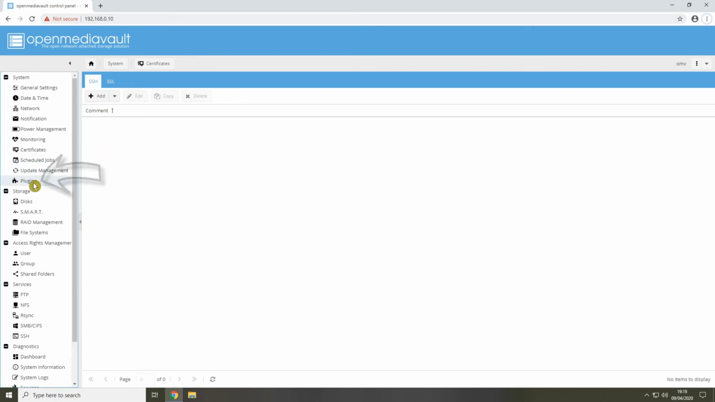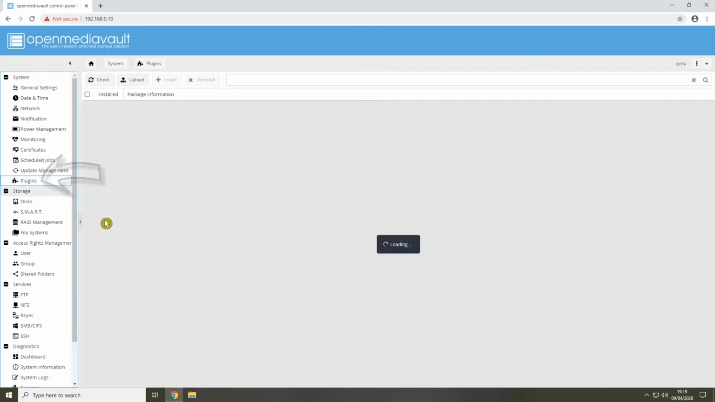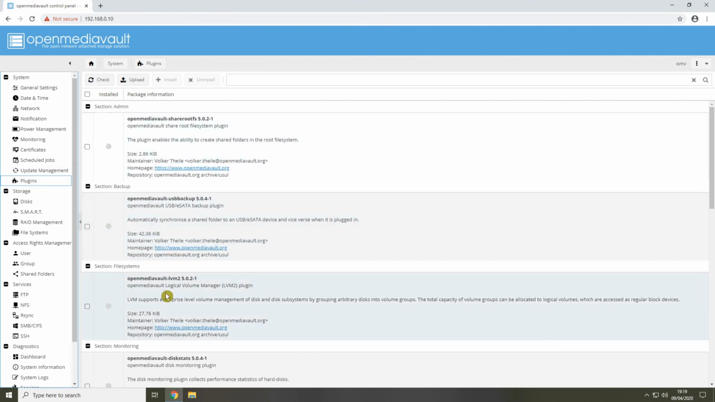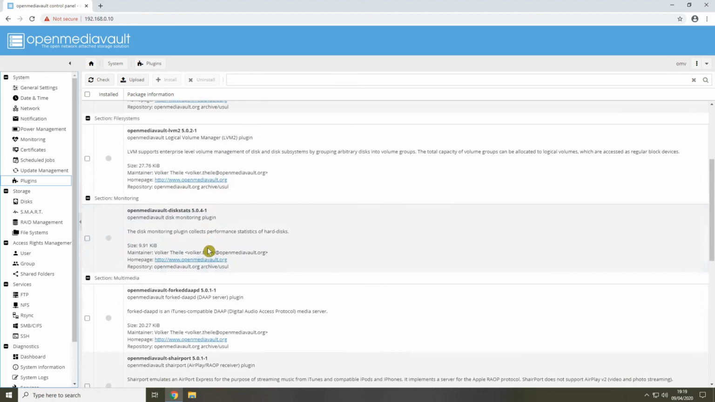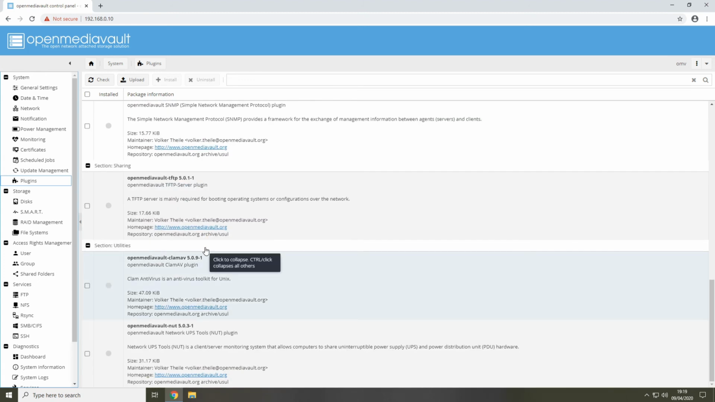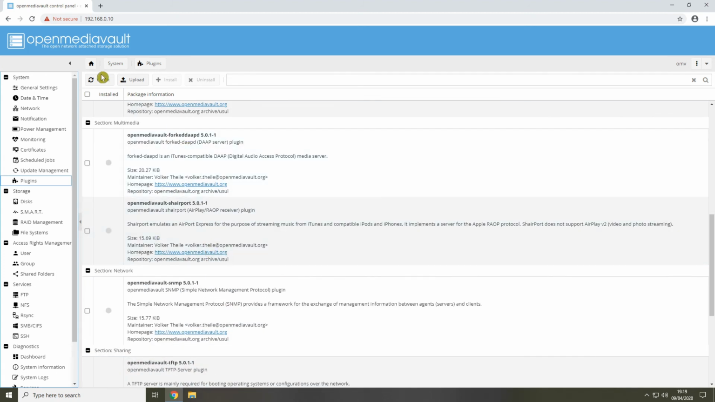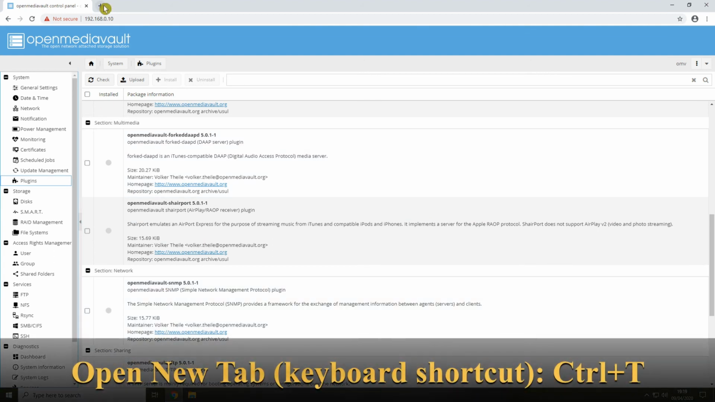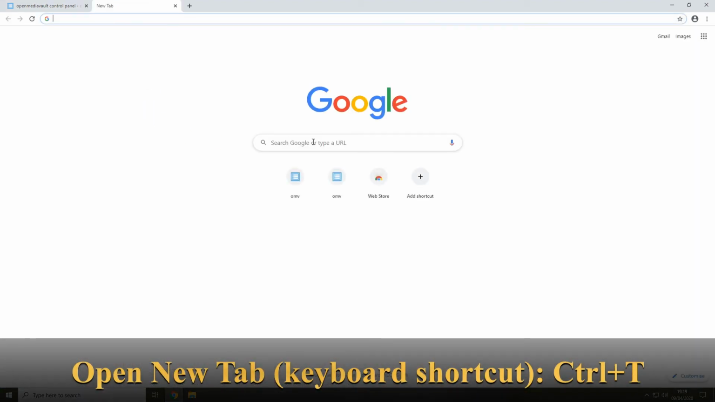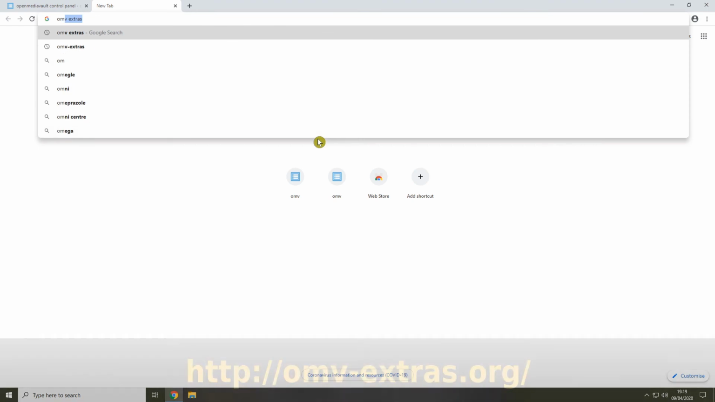And then here on the left under System, the last one, we've got plugins. Plugins are a way to add additional functionality to openmediavault. Unfortunately the one we want isn't installed by default. It's not in the list, so we can't just select it. So what we need to do is open up a new tab on your web browser, and we're going to browse for